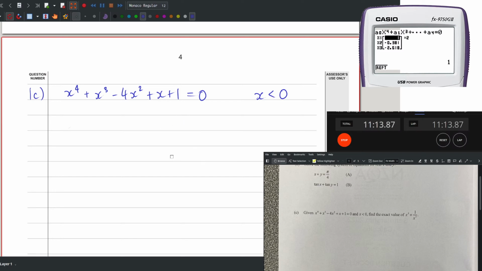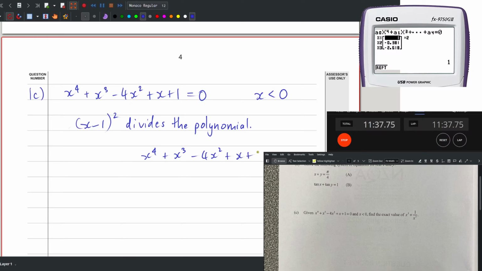Okay, so because the calculator tells you that, you know, 1 is a root twice, right? You know that x minus 1 squared divides the polynomial. And then you just do like polynomial long division, right? Since x equals 1 is a double root by inspection,